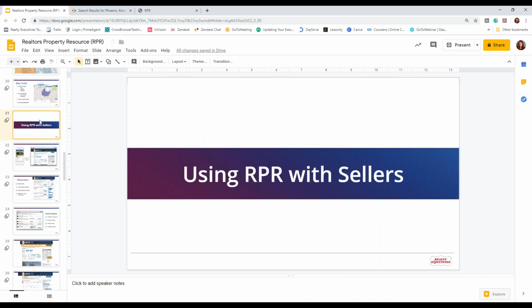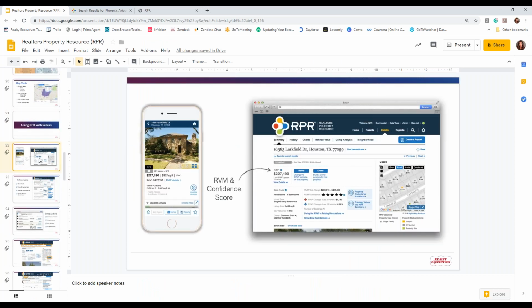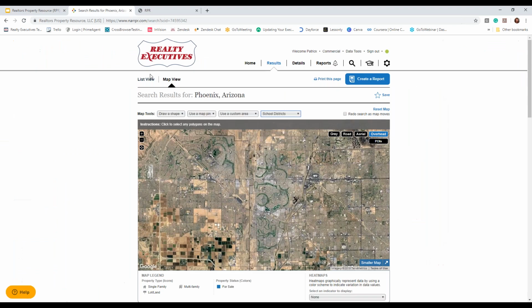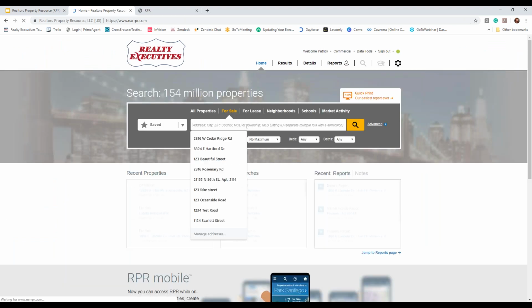So using RPR with sellers, you've got a bunch of stuff you can use. We went over the filters a little bit. We're going to get into the mobile app in just a bit, but this is going to help you because when you're setting up to sell someone's home, you're able to give them a pretty good estimate using that RVM and confidence score. So if I go back here and I have a specific address,